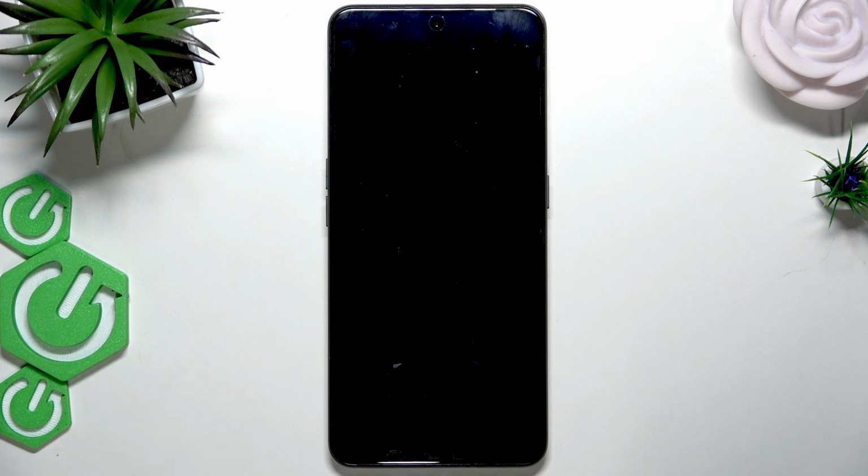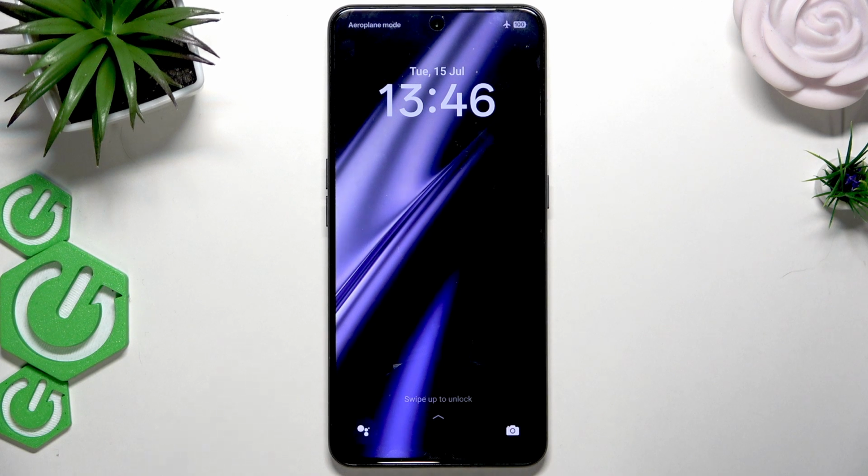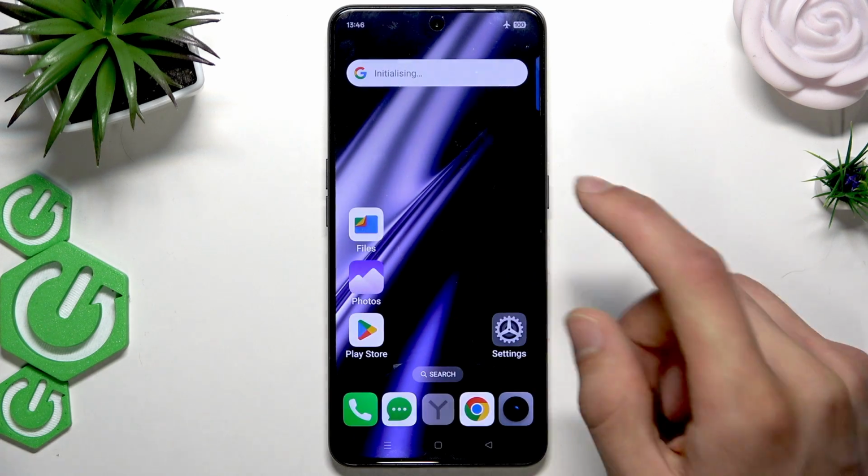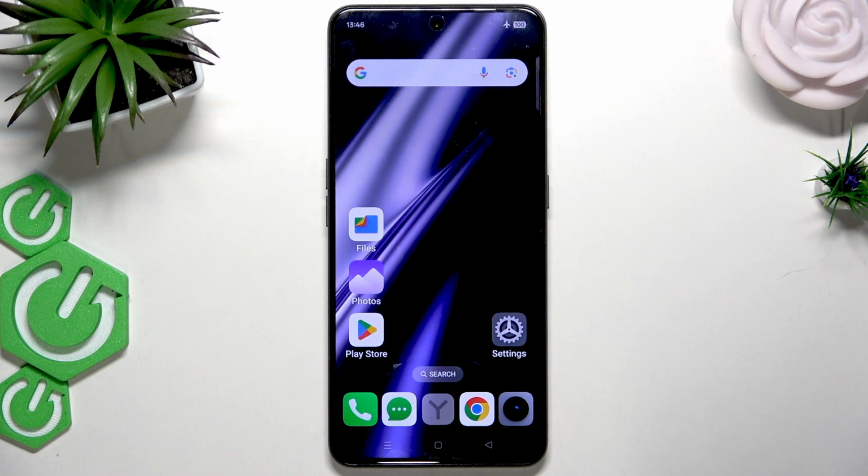But if you didn't succeed entering your screen lock password in safe mode, then what you should do is contact Realme customer support service, tell them about your issue, and if you can prove the ownership of your smartphone to them, they will most likely help you resolve your problem without removing any personal data or data from your storage. So I'd like it to be your first decision,